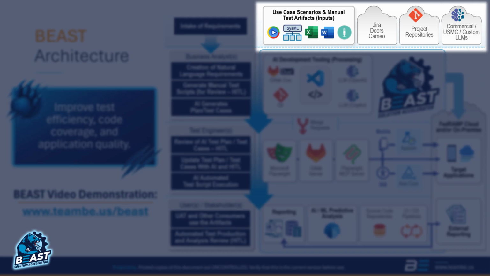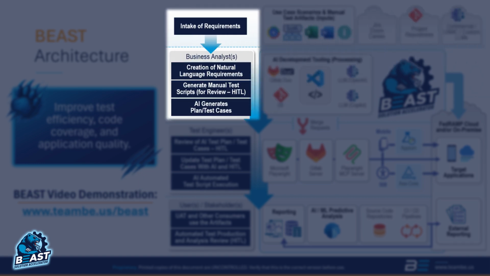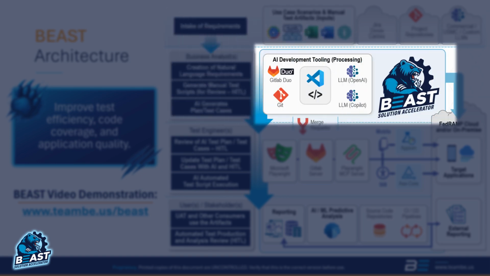At the top of the diagram, we see several sources that can be used as the requirements for our test plans. This includes Jira, Doors, and Cameo through integrations with the DevSecOps platform or directly. The business analysts can use these requirements to create test plan markdown files that describe the happy path for each test scenario. Next, we see the AI development tooling, which includes IDEs such as VS Code and Cursor, and the